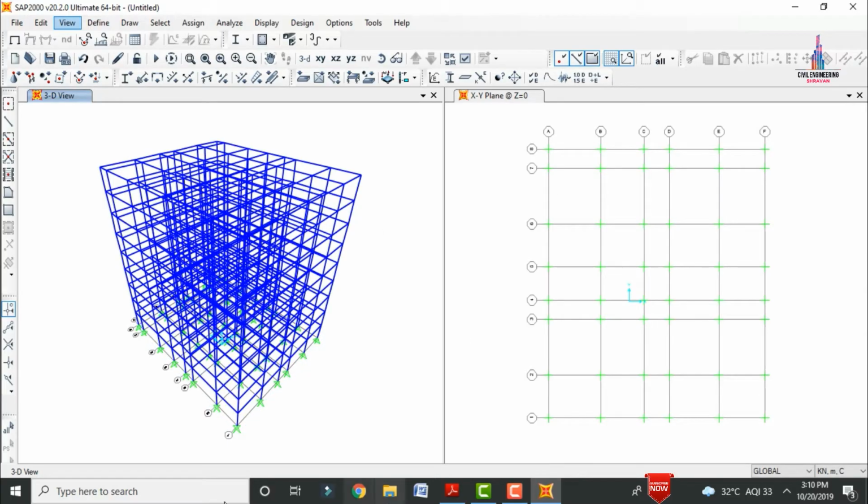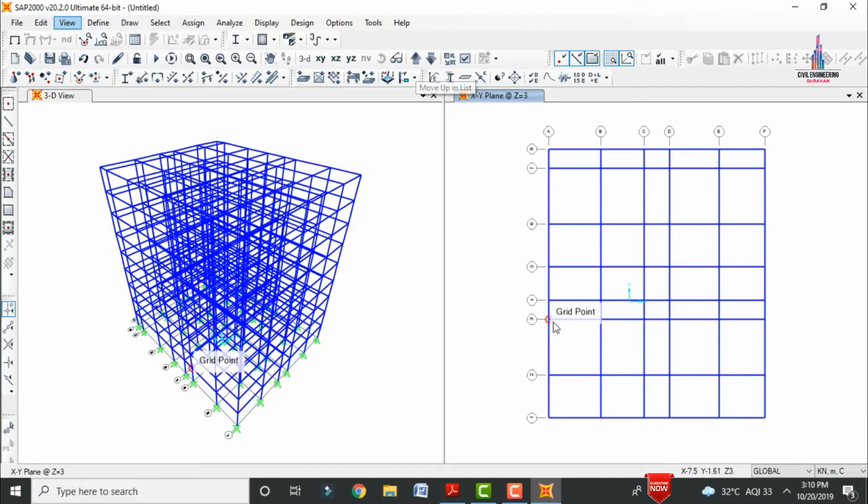Okay. After adding this section, initially we have to go to the first story here. Now we have to delete all the unwanted beams here. Why? Because this portion comes under your lift provision, so that's why beam sections were provided. But there is no need for these corner beam sections in this section. For that reason, I'm deleting these. In the same process, we have to delete all the beam sections at this portion for the remaining floors.